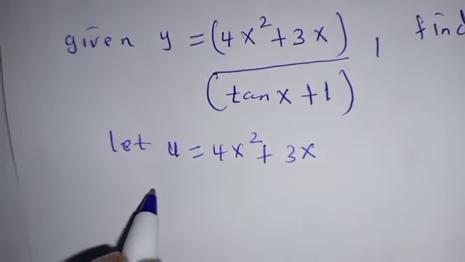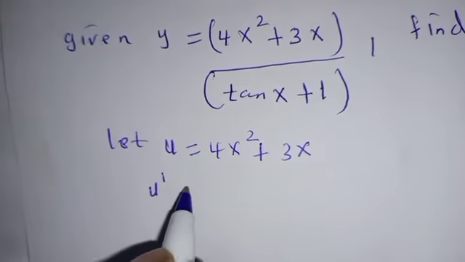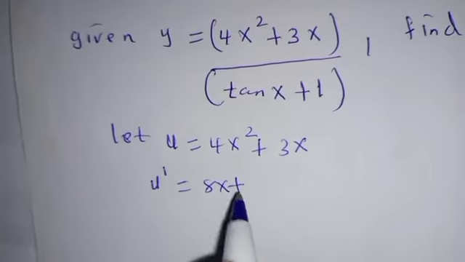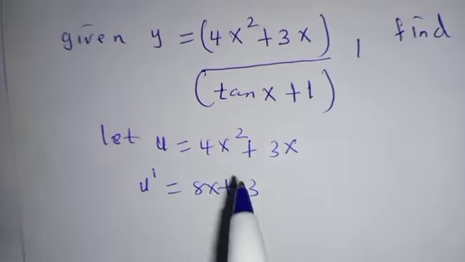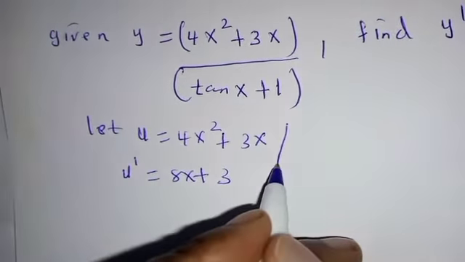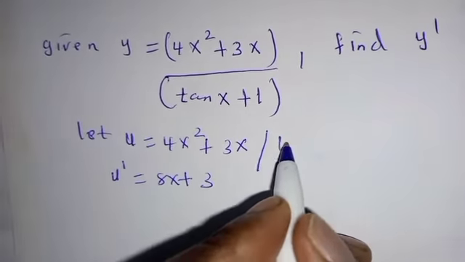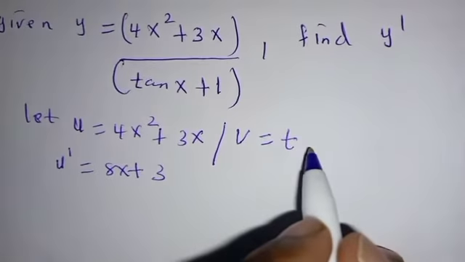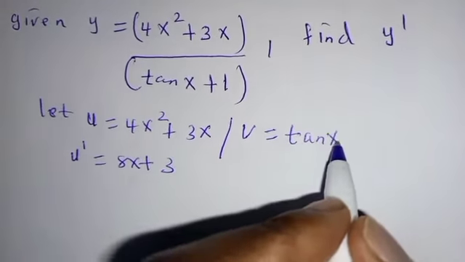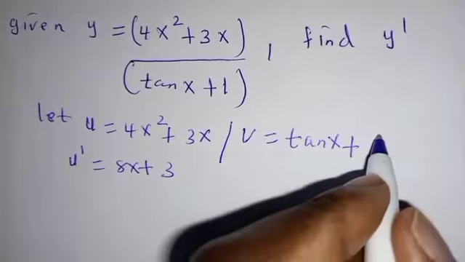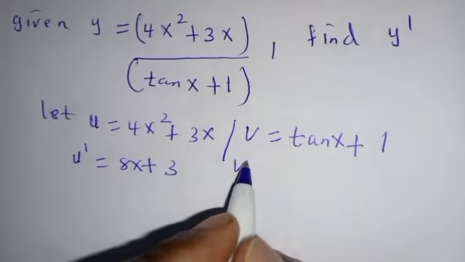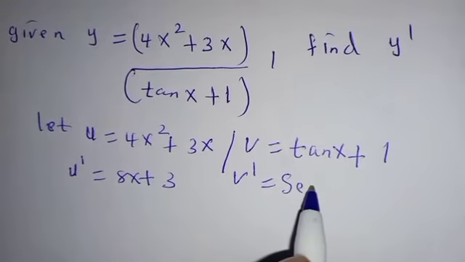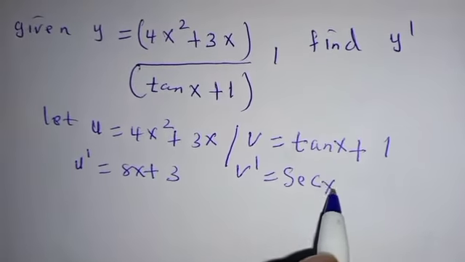Then differentiate, it will be u prime, which is equal to 8x plus 3. Then part 2, you let the denominator be v, which is equal to tan of x plus 1. Differentiate this with respect to x, it will give you sec squared x